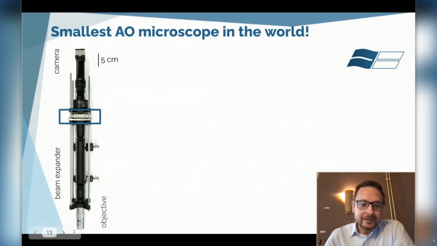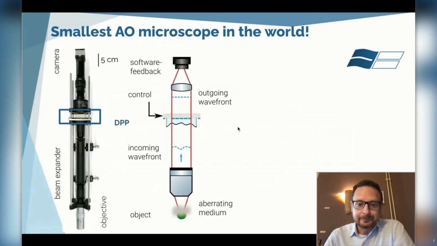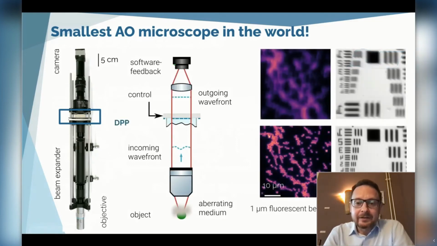And we managed actually to build with the device the smallest AO microscope in the world, where you have just an objective, beam expander, and our device inserted here. And we already received very impressive results with 1 micrometer fluorescence beads. And you see there's actually no wavefront sensor necessary, because that functionality we implement with a technique called